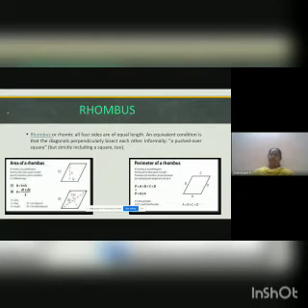If they have given base and height, you need to use this particular formula, A equal to base into height. And if they give two diagonals to you, the area of a rhombus is half into D1 into D2, that is diagonal 1 into diagonal 2. Perimeter is the same for all the figures, so it is A plus B plus C plus D. I told you all the sides are equal, so here the perimeter is equal to your square perimeter, that is 4S or 4A, whatever the length you assume.